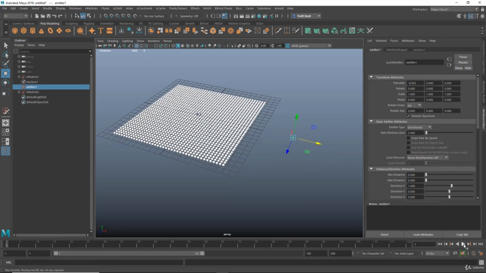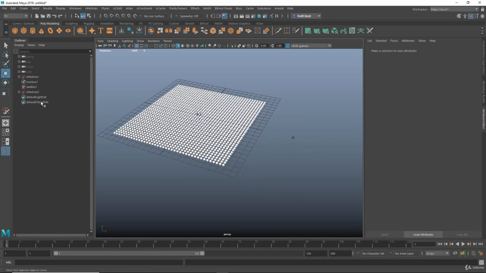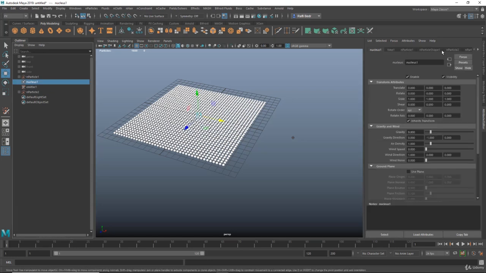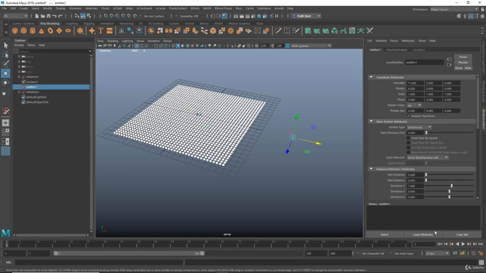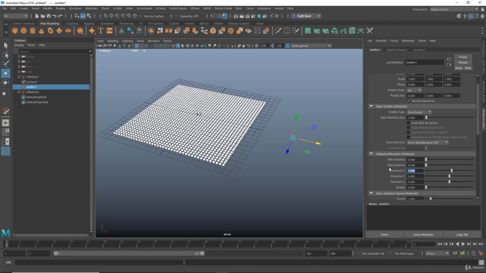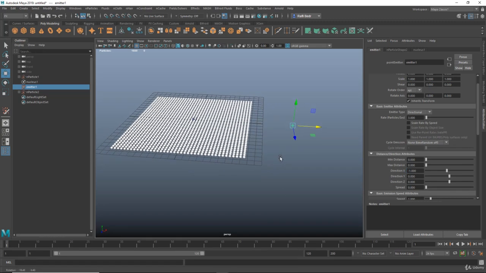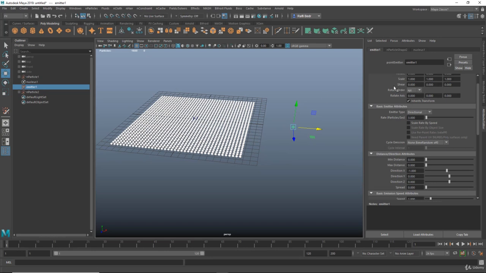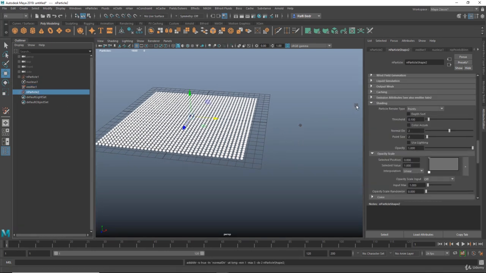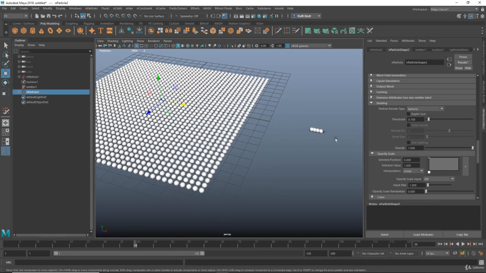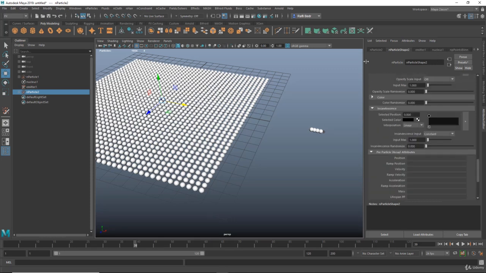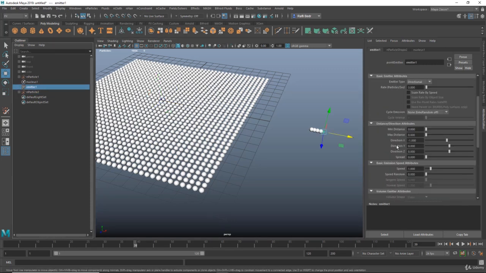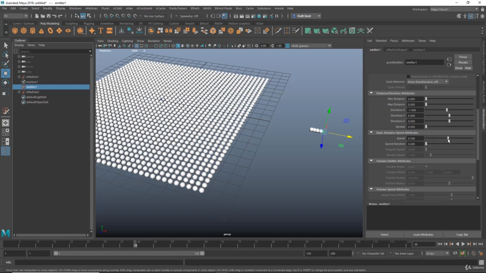And now if I hit play, as you see the particles are falling down, and I don't want that. So just simply go to nucleus, disable the gravity, and set that to 0. Let's change the direction to -1, because I want them to be emitted in the negative X. And another thing, I want to change the particle to spheres too. And now let's change the speed. Let's go to the emitter, scroll down and change the speed to about, let's increase it a little bit more,